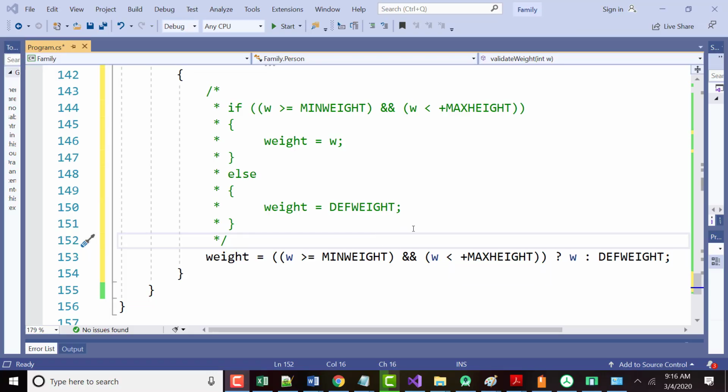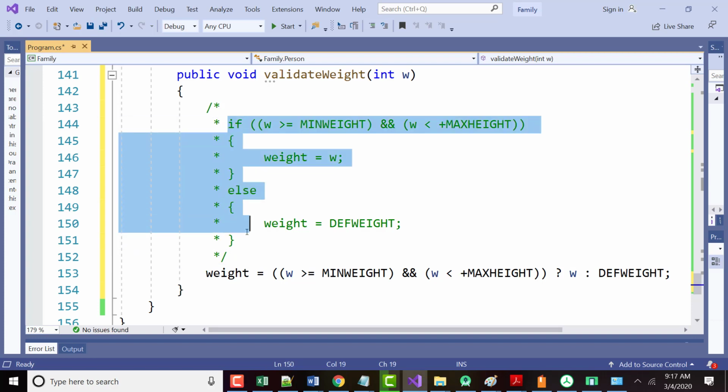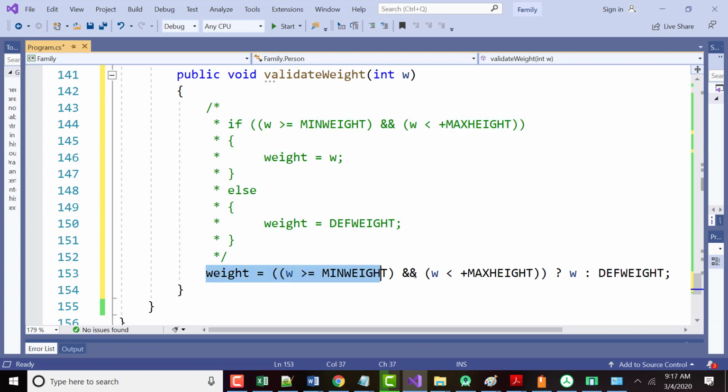All right, sorry, I forgot to start the tape, but we're writing validate wait. And I was showing people that this, which is the way we're used to writing things, and there's nothing wrong with it, can be replaced with this. And this is called the ternary operator because there are 1, 2, 3 operands, and there's 2 operators, a question